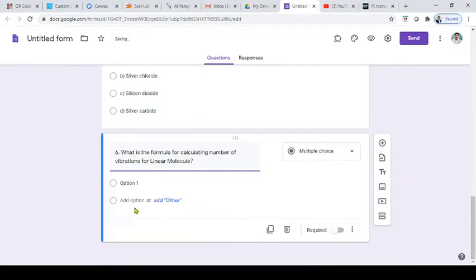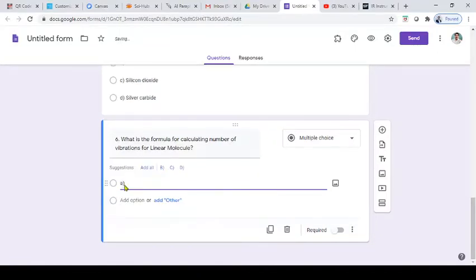We know that for a linear molecule, 3n minus 5 degrees of freedom, since 1 will be absent. So I am giving option A as 3n minus 5 and B as